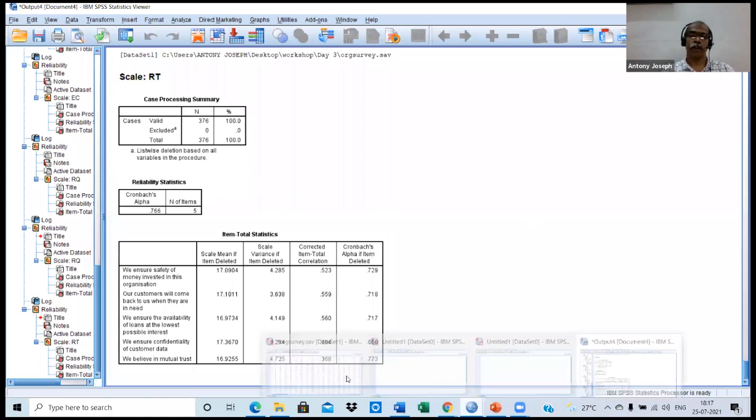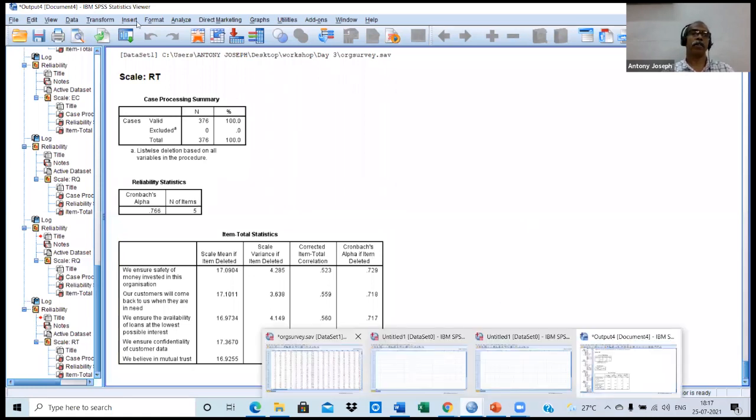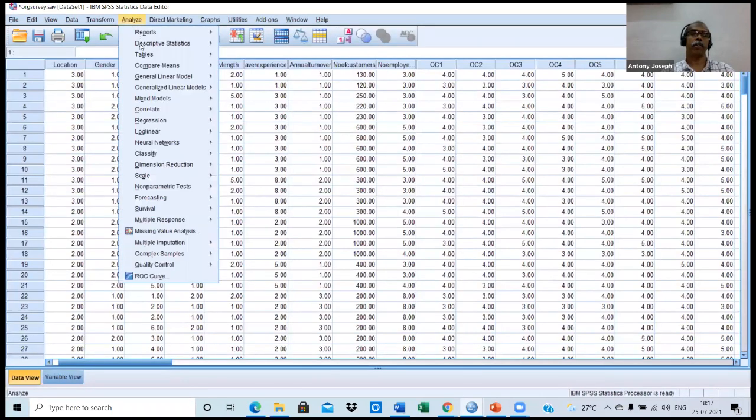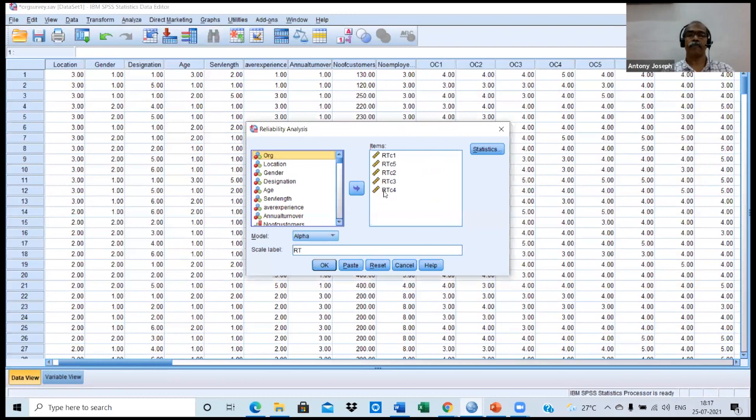So moving on, the process is continued. Analyze, scale, reliability, that is, the last one is RT4. Okay.